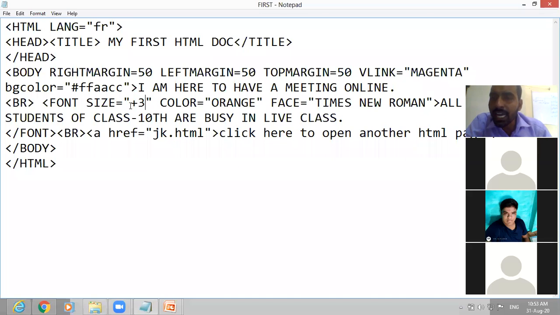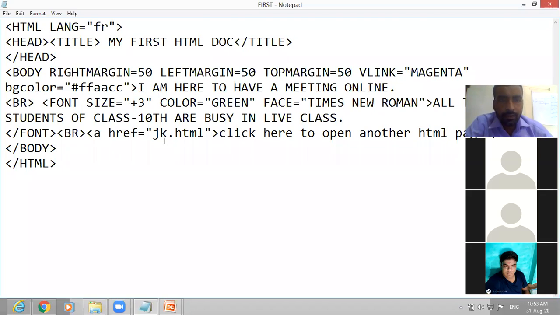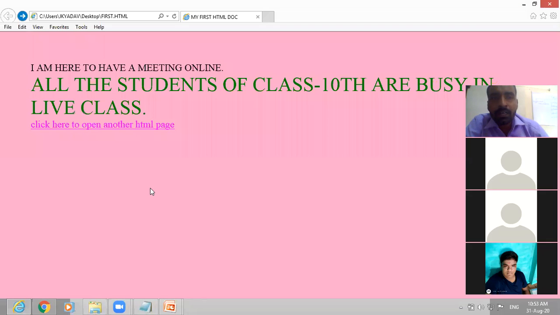Now I am giving the size in a positive or negative way, and changing the color also. Suppose you want the color as green. Now again refresh the page by F5. Now you can see the size has been changed. I had increased the size by 3 points, 3 positive points.